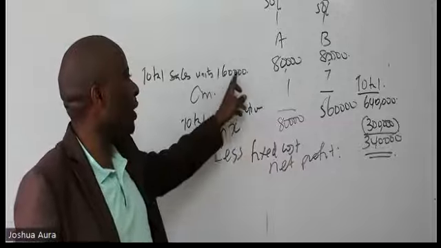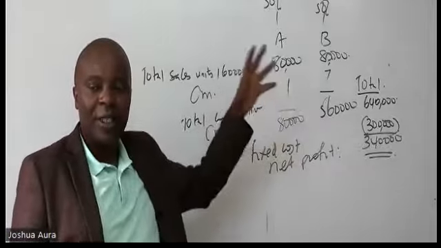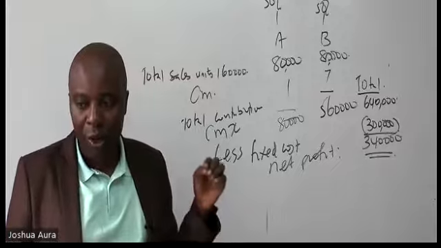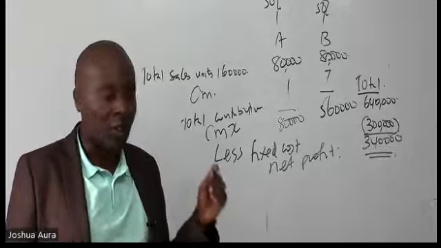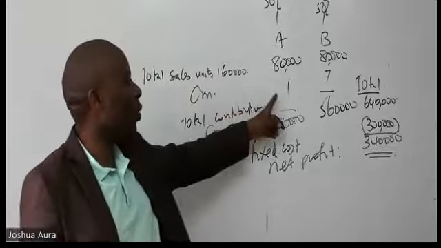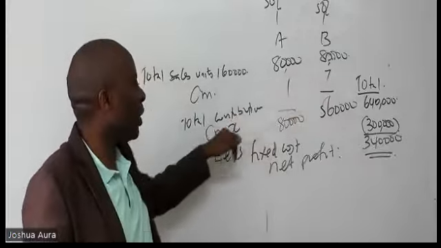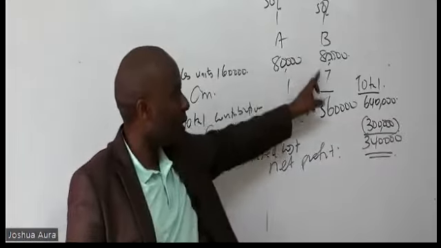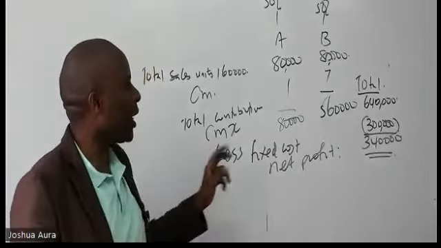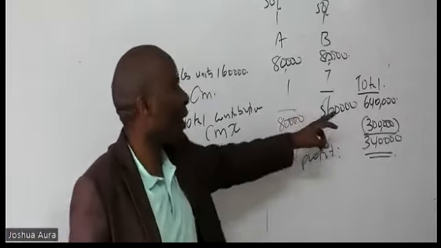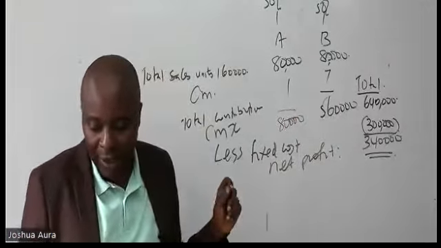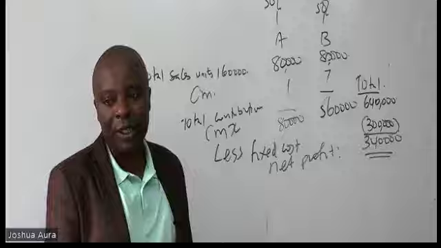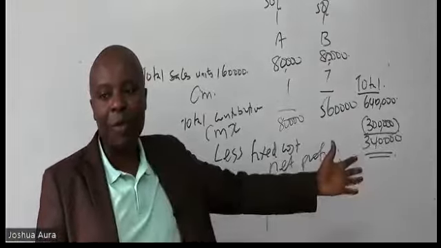So 50% of this gave me 80,000, 80,000. The contribution margins will not change. Those will remain the same. Contribution margin for A is 1, for B is 7. So I got the total contribution by taking this times contribution margin. This gave me 560. Then I added the two, which gave me 640,000. And then I subtract what here? Our fixed cost. Fixed cost of how much here? Somebody? 300,000. So I arrived at a new net profit of